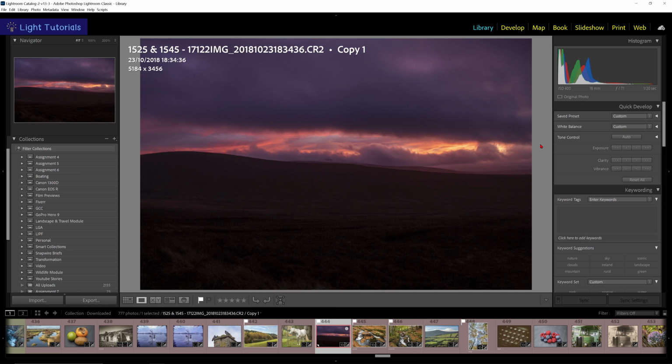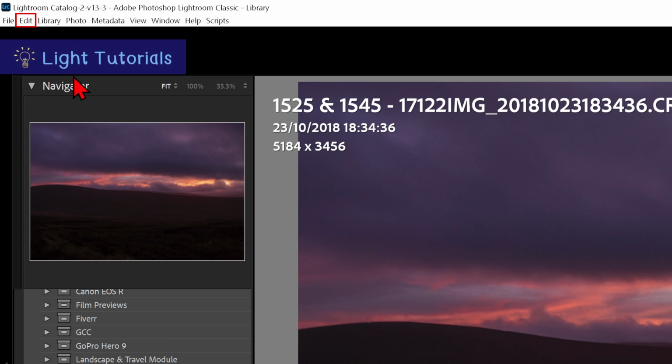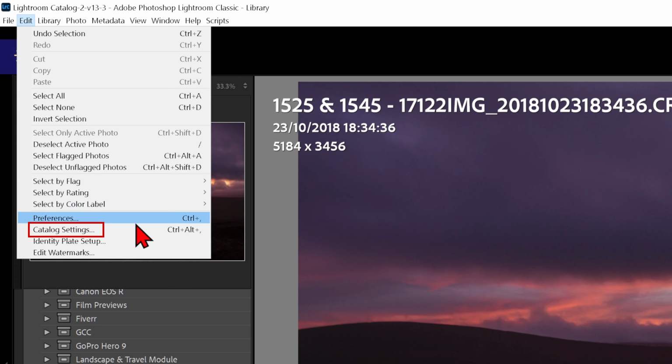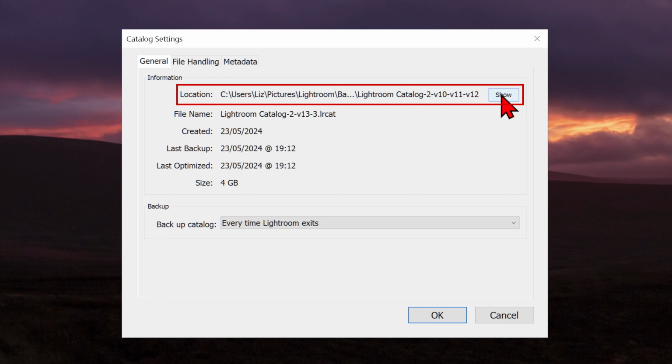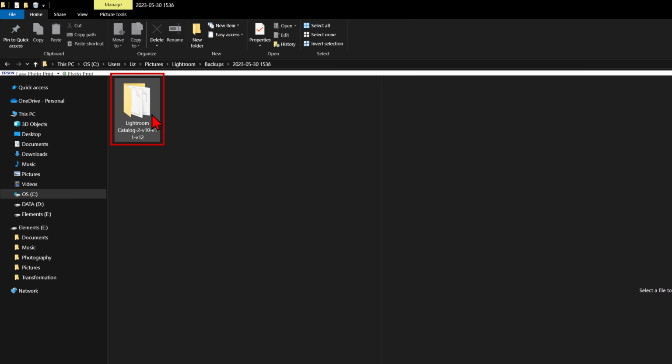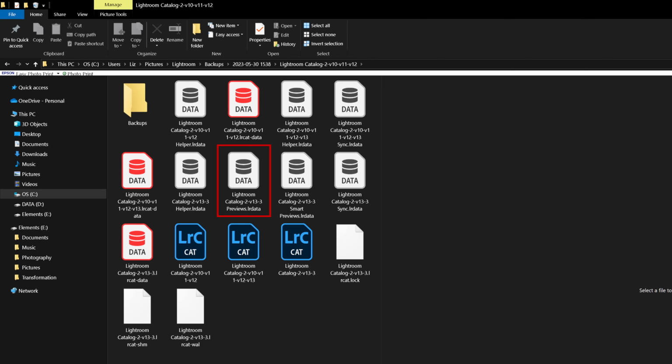Some previews in Lightroom Classic can take up quite a bit of space on your drive and cause your system to slow down. Go to Edit and down to Catalog Settings to see the location. In the catalog file on your drive, you will see the Previews folder and a Smart Previews folder if you have any. If your standard previews are taking up too much space or you want them to be built faster,